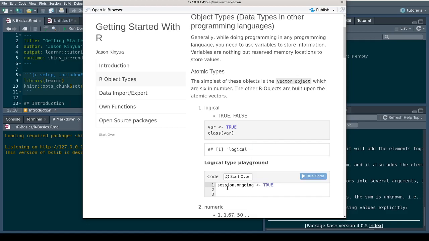Then you can check if the session is ongoing. What should you do? Open your RStudio, open an R Markdown and follow the session while you are following. So if session is ongoing, then print: open RStudio.